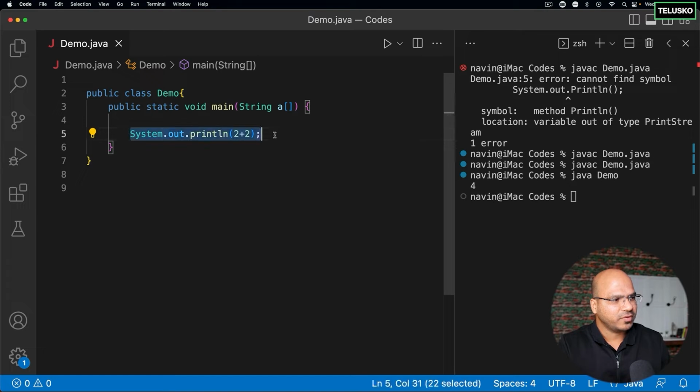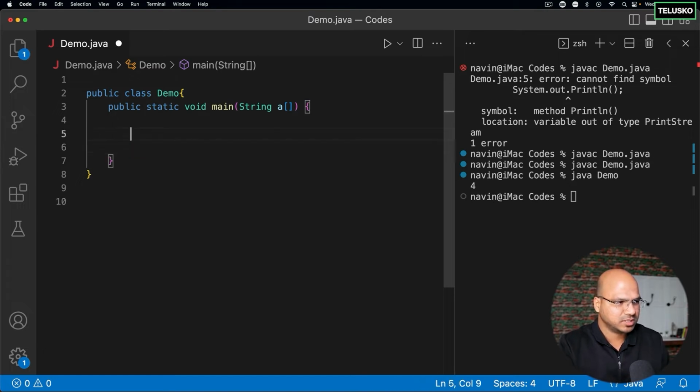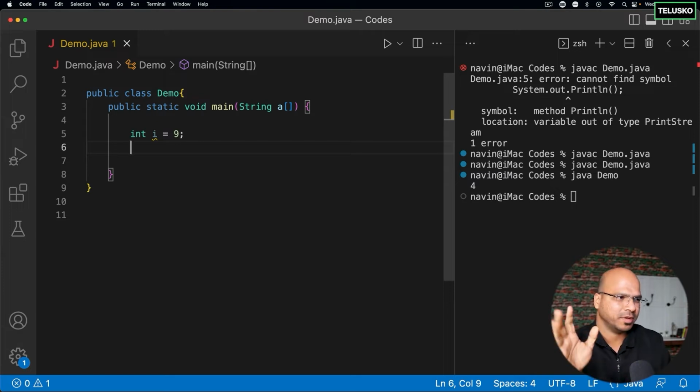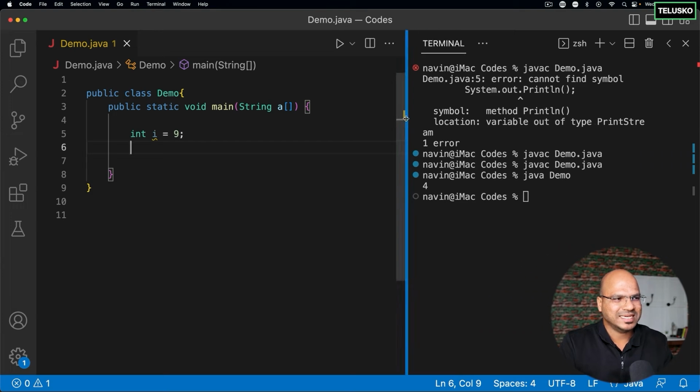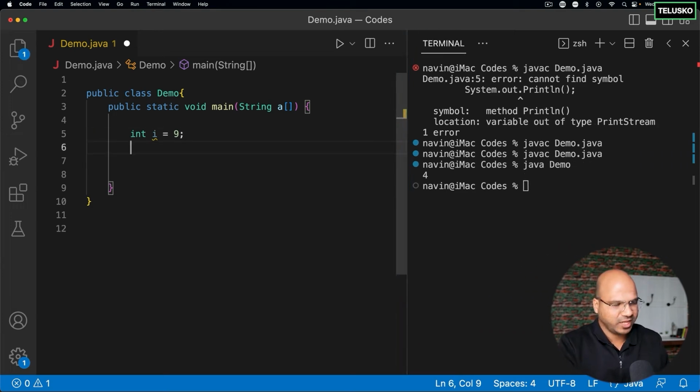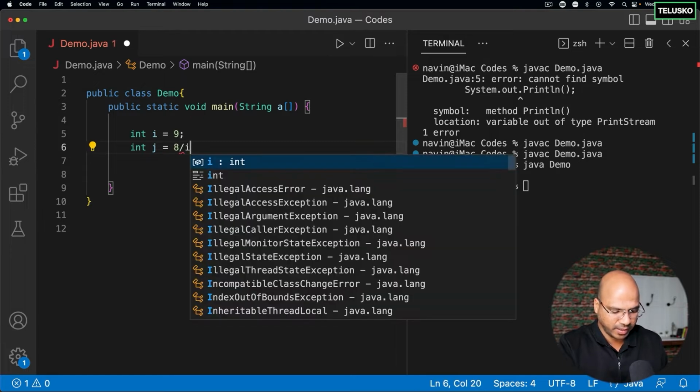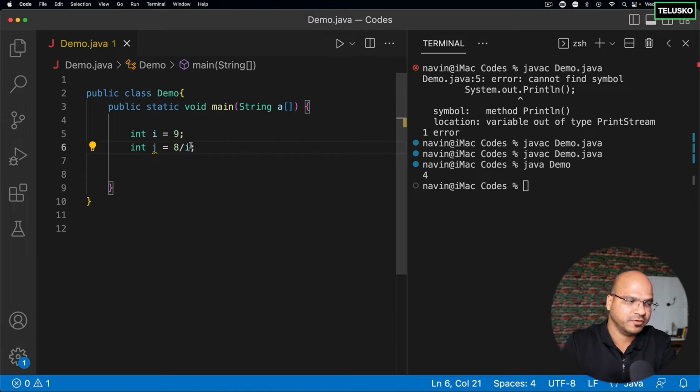Example, if I write a simple statement here, which is int i = 9. Now this statement is a normal statement because we know what may go wrong here. Everything looks good, right? So this is a normal statement. But what if you say int j = i divided by, or maybe I can say 8 divided by i. Now this statement can be critical if you look only at this statement. Why this is critical is because if the value of i is 9, that's completely fine. You will get the output.